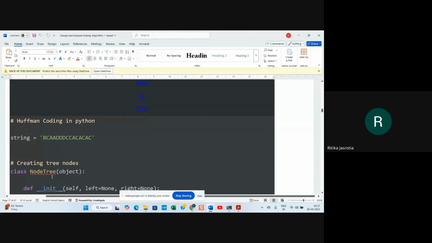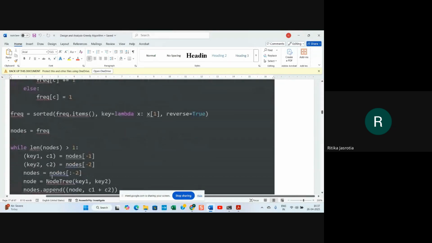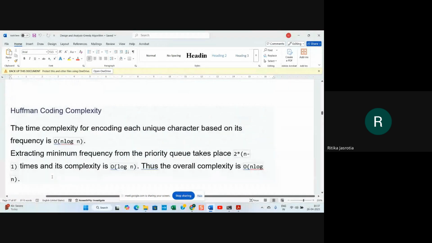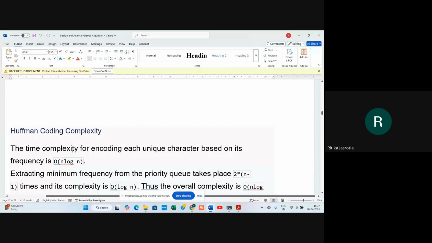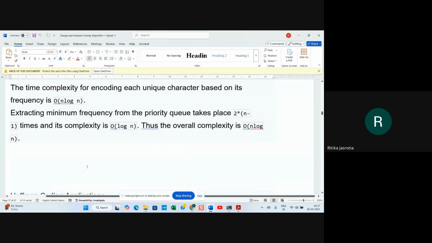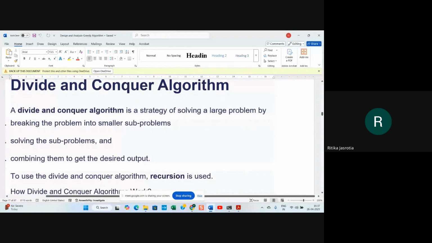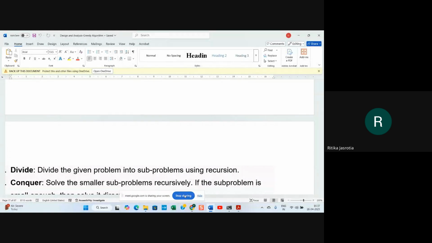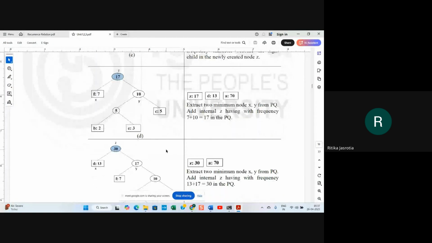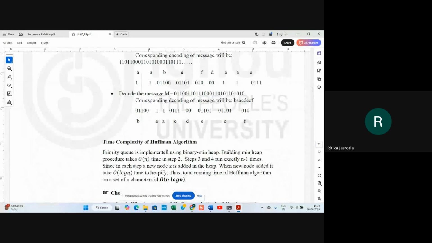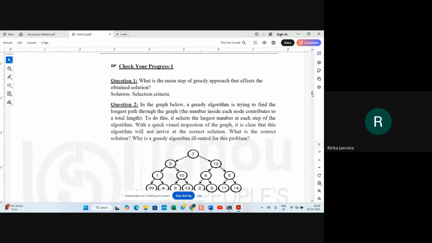And we'll do the program later on when we do the practical. So this is Huffman coding, and the time complexity of this algorithm is O(n log n). Next class, that is tomorrow, we will do divide and conquer algorithms. We will talk about them, right? Let me see what all algorithms are there after this.